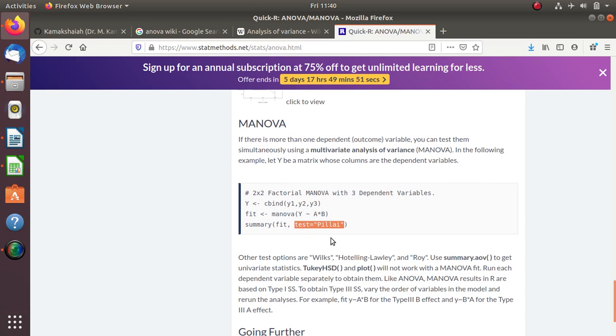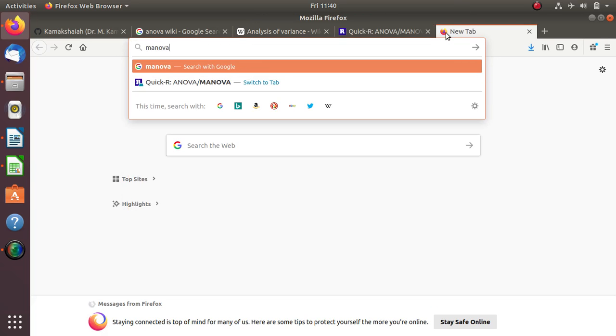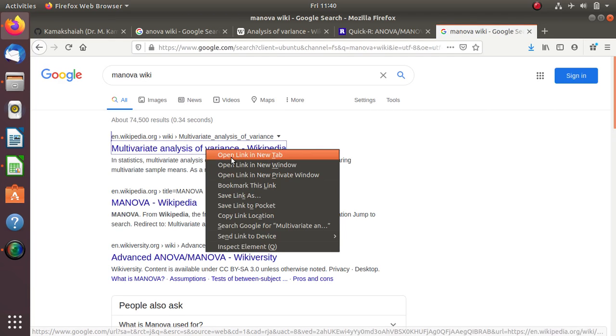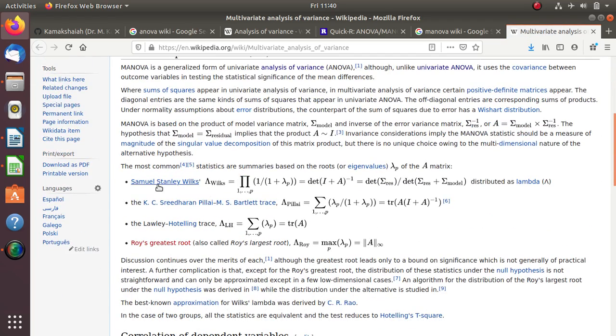It is not like interpreting the results straight away with the help of the F statistic. You need to study MANOVA on Wikipedia. There are a few statistics to obtain, and we interpret the results with the help of those statistics. You see here we have Wilks' lambda, Bartlett's, Pillai. We call them the Hotelling-Lawley and Pillai-Bartlett trace. This is actually a measure called